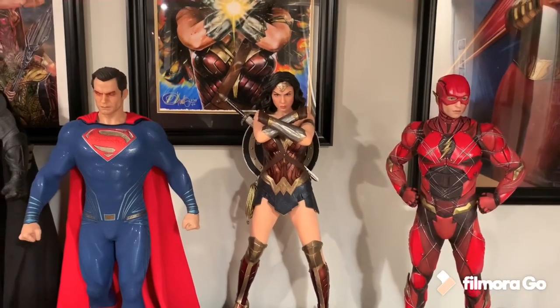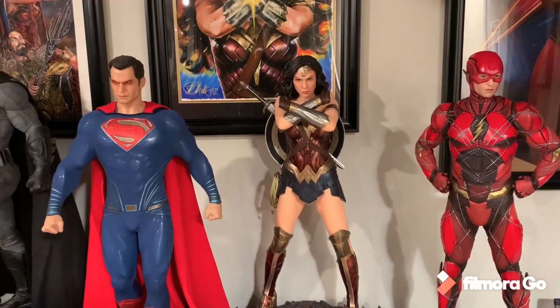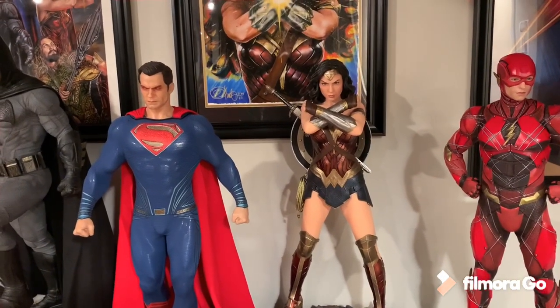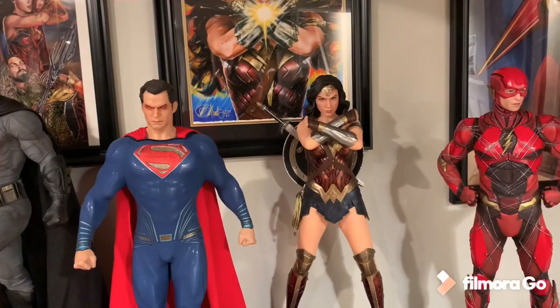Alrighty, now we're getting to number 7, and this is made by Prime One Studios. It's from their Justice League line. And yes, I'm super excited for the Snyder Cut. I can't wait. It makes me even happier that I have this line, knowing that the Snyder Cut, which I'm very certain is going to come out a complete hit,